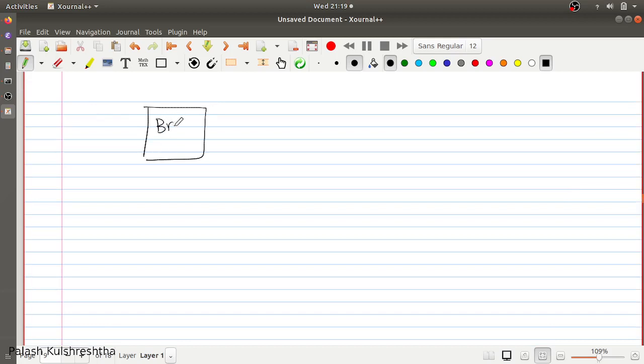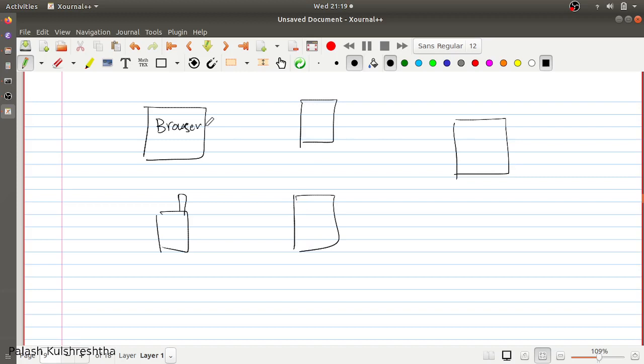For example, this is a browser, and this is your mobile application. Instead of these devices directly connecting to your backend service, they can have their separate backend for frontend services, in which the browser is going to make a request to its respective BFF service, backend for frontend service, and then the BFF is going to make a request to your backend service.